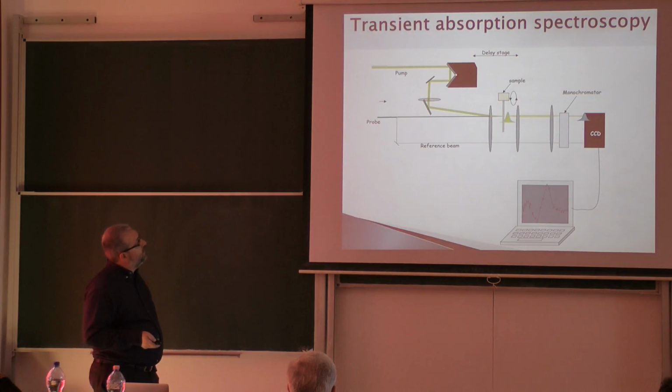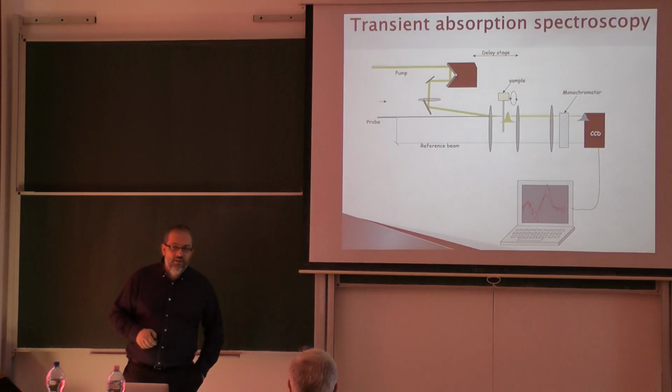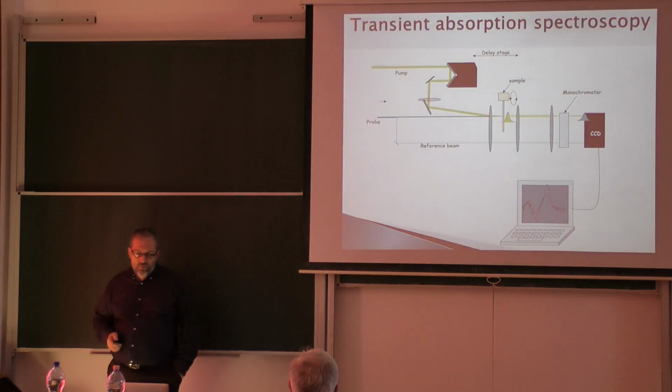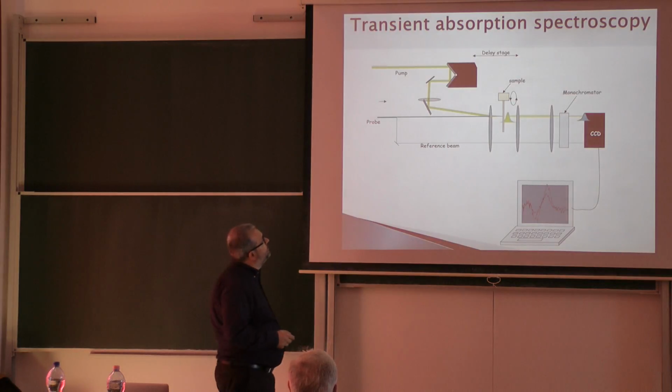We just excite again, we will probe again, and we will have another spectrum. So this is what we do. We are measuring the change in the absorption, or absorbance change, at different delay steps or different time steps, and we are gathering all the